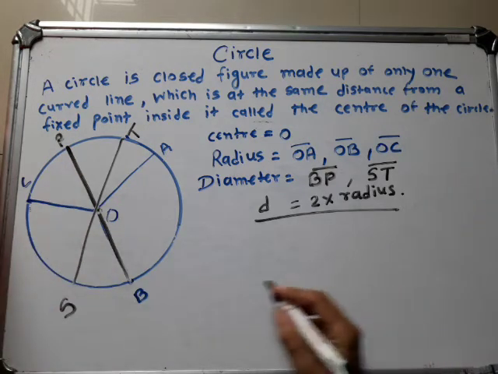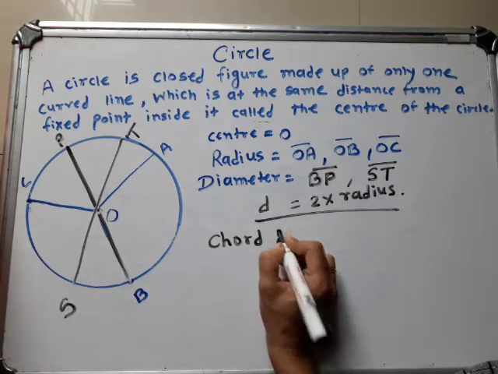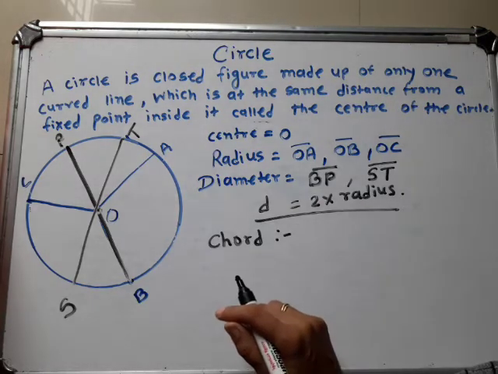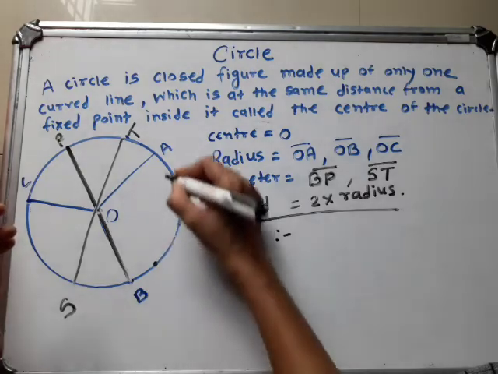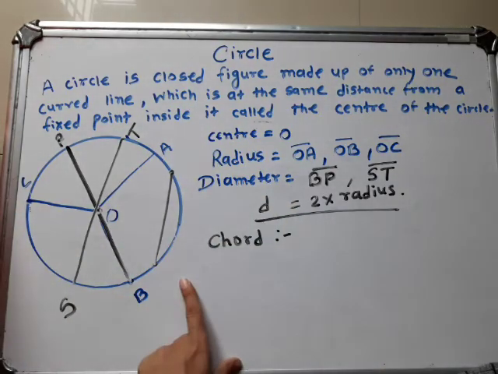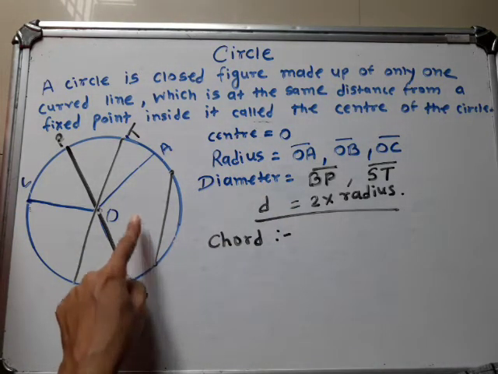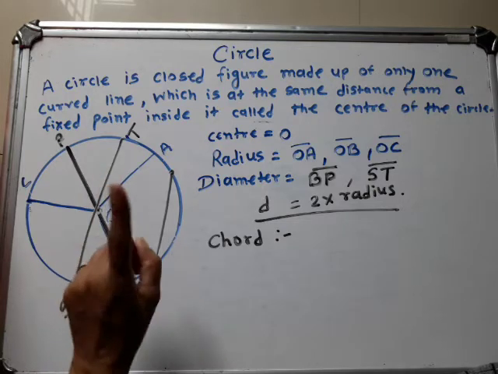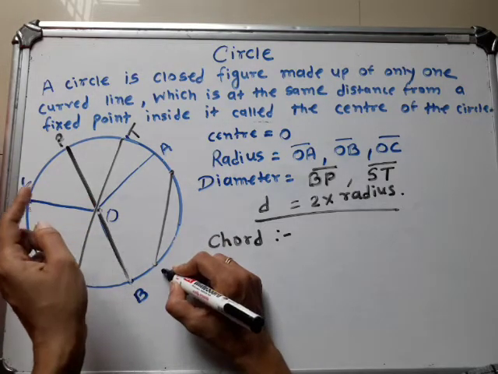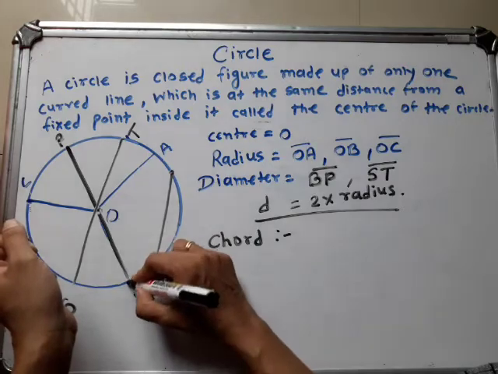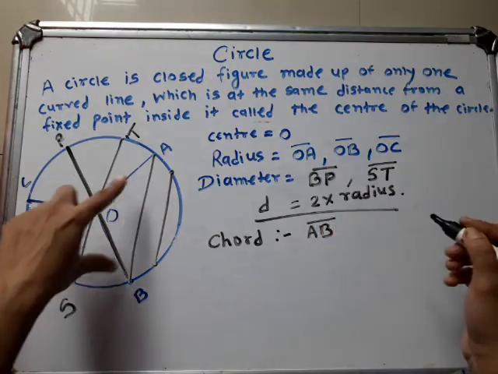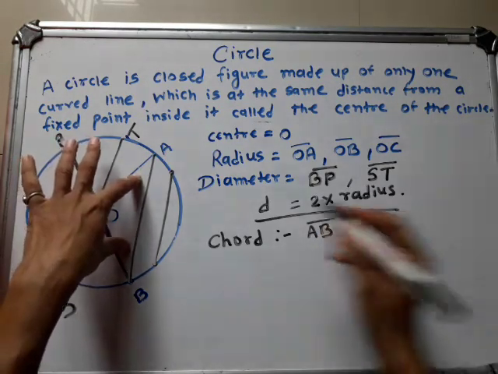Then next is chord. What is meant by chord? A chord is a line segment that joins two points on the circle, any two points. Suppose we take a point here and join these two points. This is a chord. ये लाइन देखो यहाँ पे सेंटर से पास नहीं हो रही है. एनी 2 पॉइंट ज्वाइन हो रहे, लेकिन ये लाइन सेंटर से पास नहीं होती. सो दिस इज कॉल्ड कॉर्ड. Suppose we join these two points B and A. So AB is a chord, a line segment joining two points on the circle.